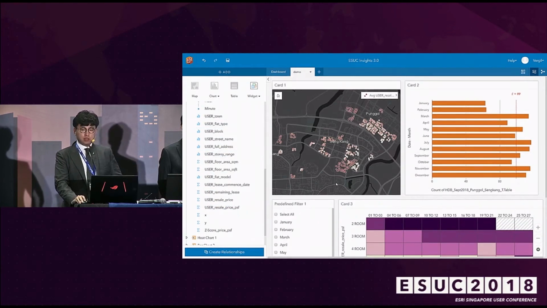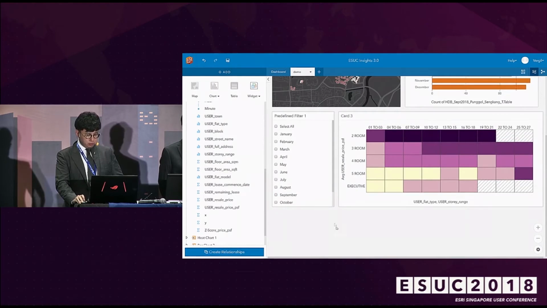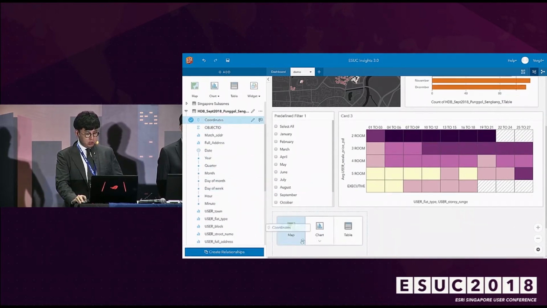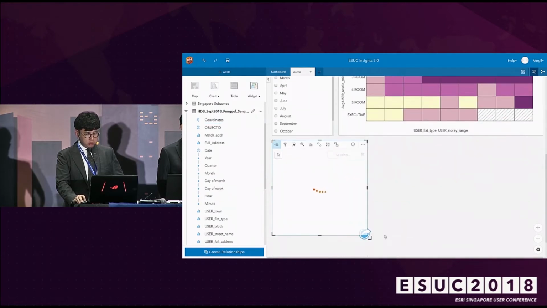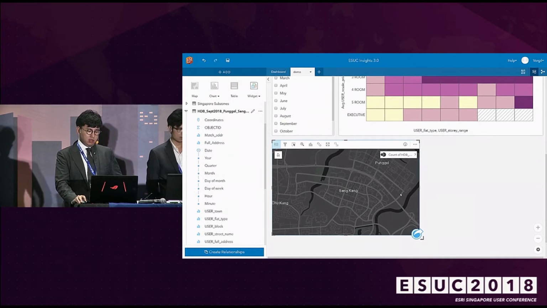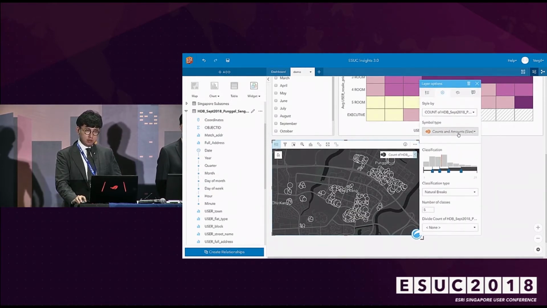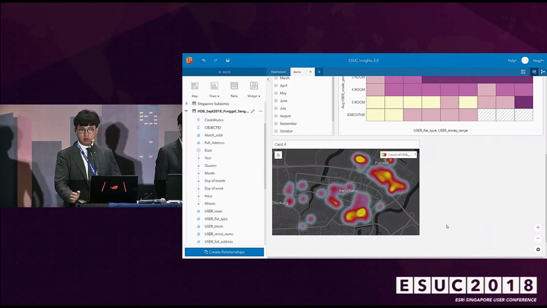So speaking of transaction volume, what we can also do is use an amazing visualization tool called heat map. If you're using ArcGIS Pro, you might be familiar with it. It's basically a point density based tool that will, in our case, show us very visually where the most transactions are happening.